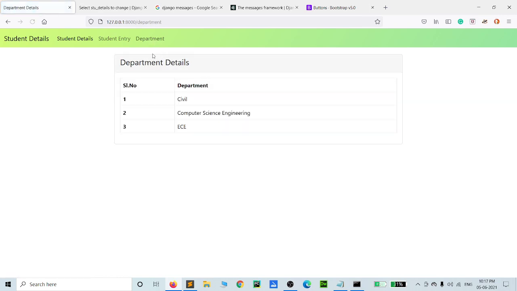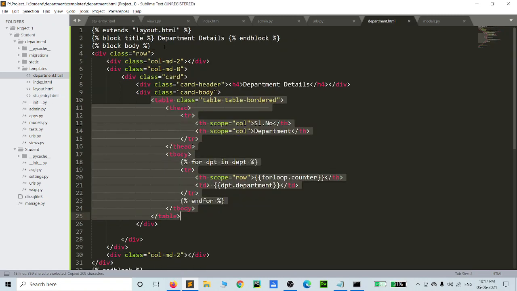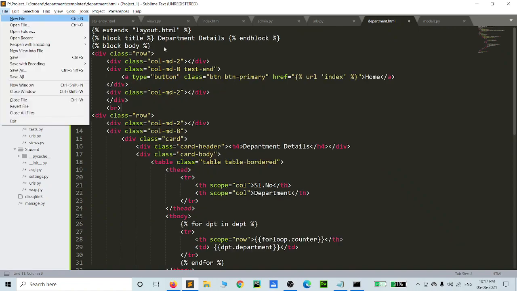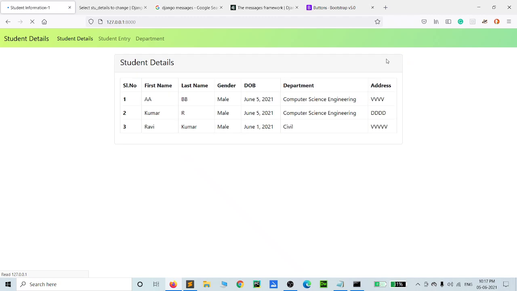The same thing when you go to the department section, we can copy the same block, and paste it for the department section here. Okay, then refresh it. Yeah, it comes to the department. Okay, now we want another block here.